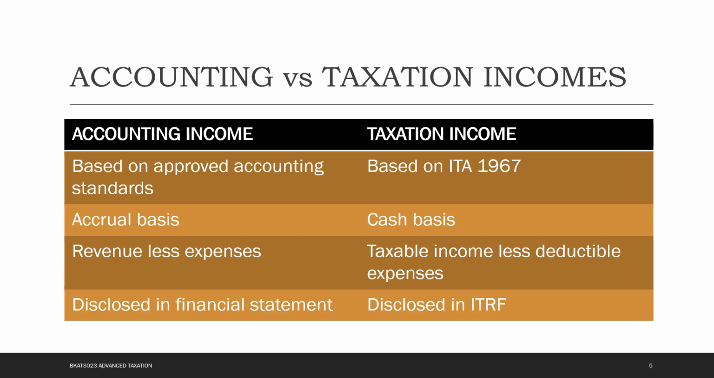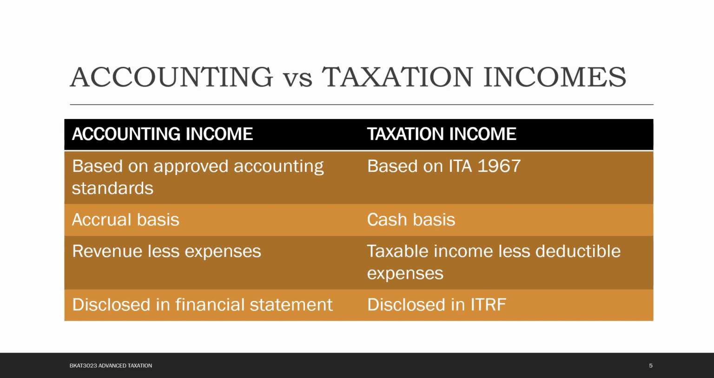Okay, next, the difference between accounting and taxation incomes for company tax. As you know, accounting will be based on approved accounting standards, and income will also be based on accrual basis. Then we compute the income by taking the revenue less the expenses, and the income will be displayed or disclosed in the financial statement as required by the standards. Okay. However, income